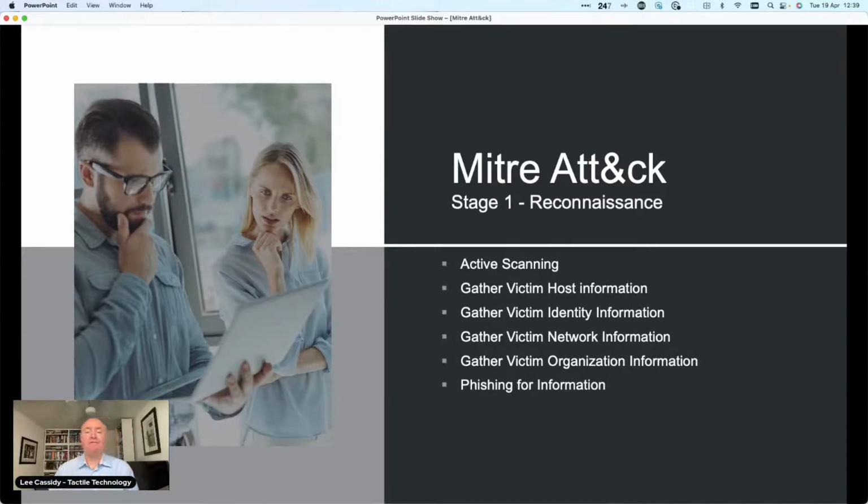They're also going to start fishing for information. So they're going to send emails directly to user accounts within the organization. They may also then use social media to start gathering information. And there's a lot of social engineering going on inside these social platforms to gather potential ideas about your identities, your user base, your information, your staff, and the type of user identities they're using, but also gathering such things